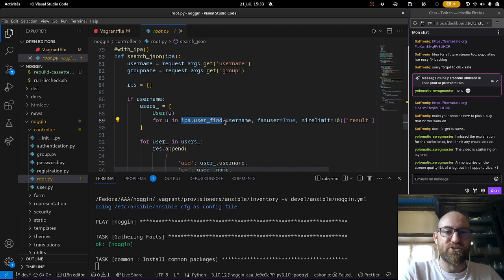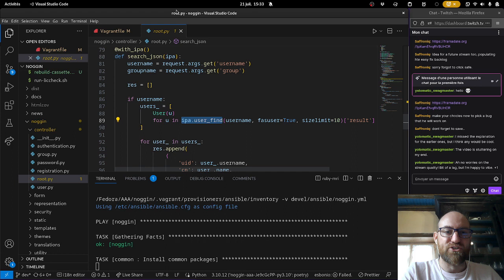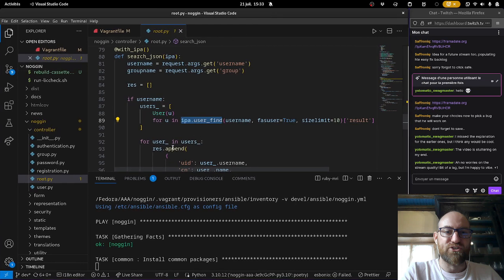What's going on? Did I misclick? Oh yeah, something's wrong here. It seems to be stuck. That's not good. I should have done my usual thing, which is run the command line things on the terminal and not try to cram everything into Visual Studio Code. Because if it's stuck now, then I'm probably going to have to. Yep, seems stuck. Okay, let's kill it.